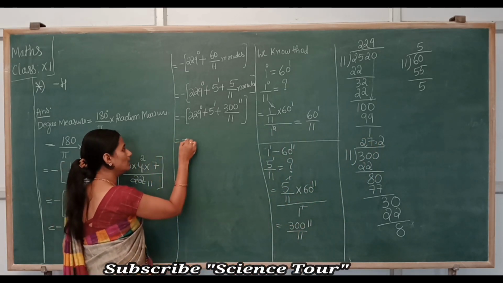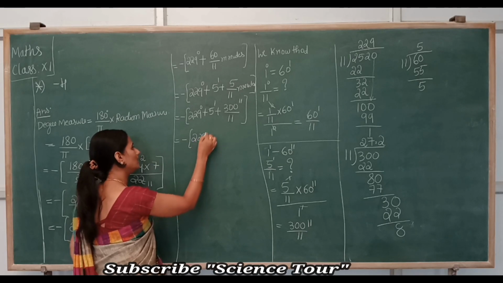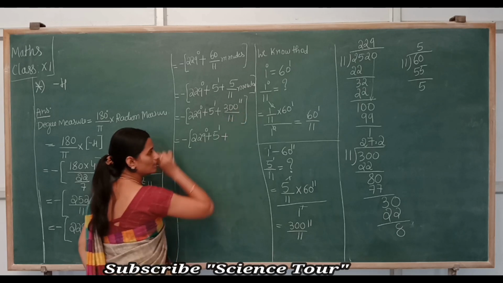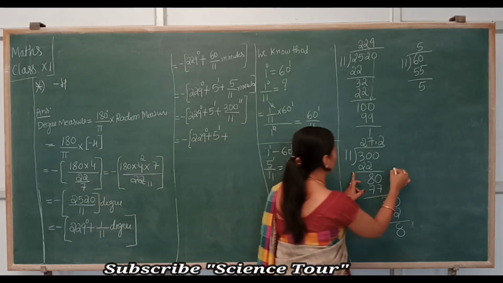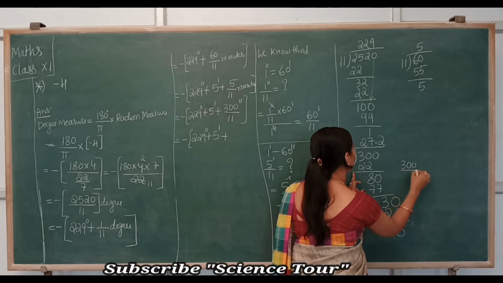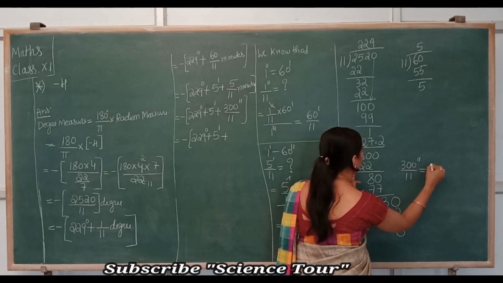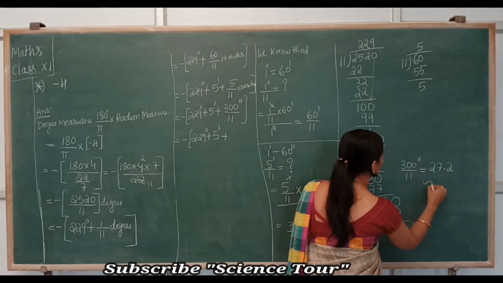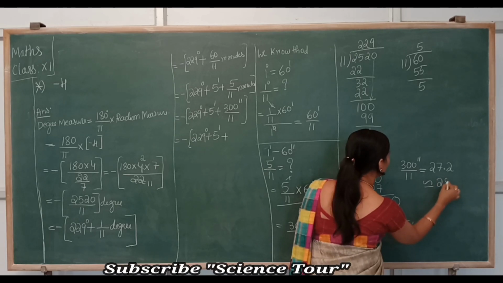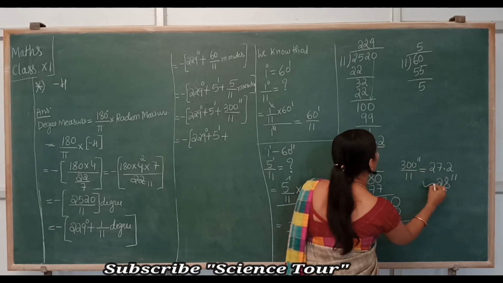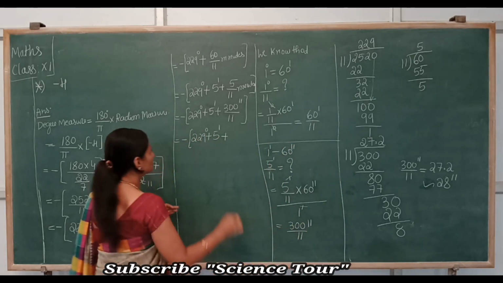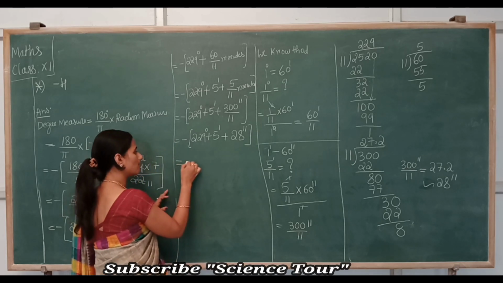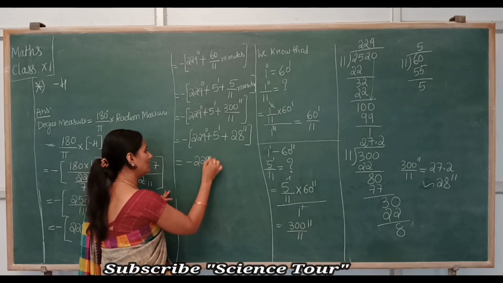So it is minus 229 degree plus 5 minutes plus 300 divided by 11 seconds. Alright, 300 divided by 11 seconds is equal to 27.2. So 27.2 is approximately equal to what? It is approximately equal to 28 seconds. So your answer is minus 229 degree